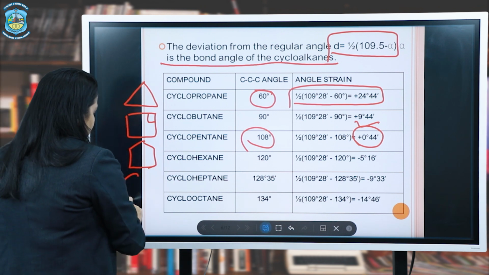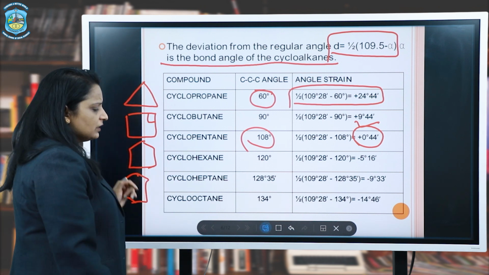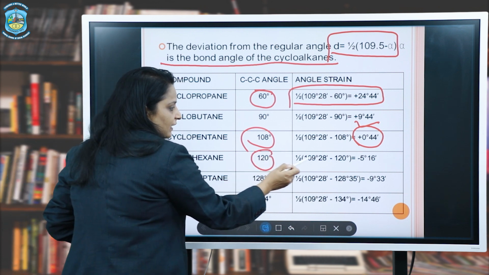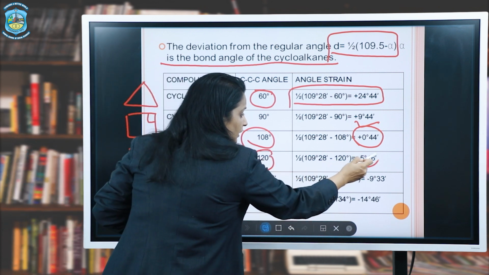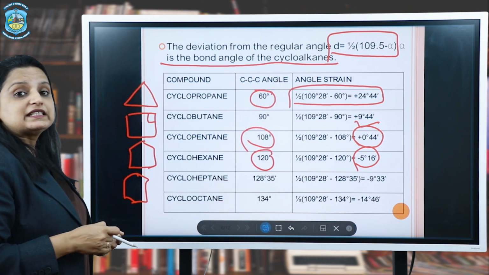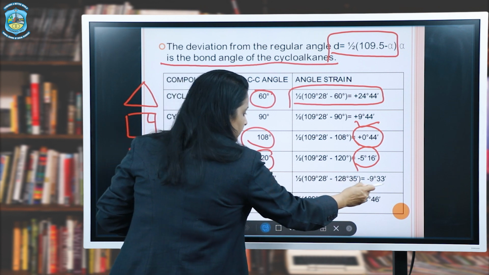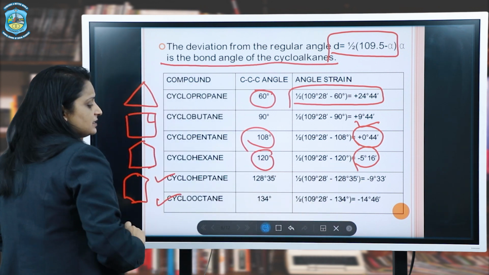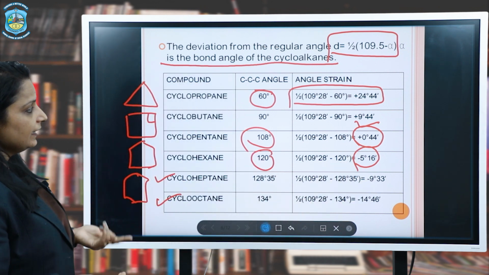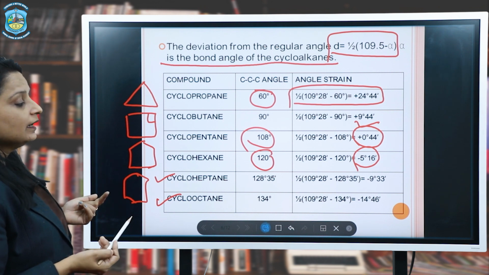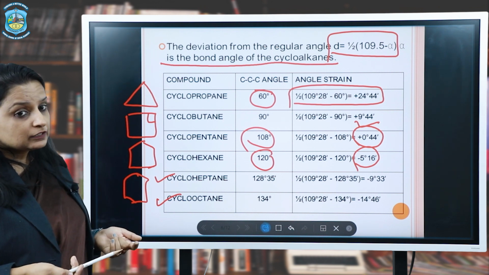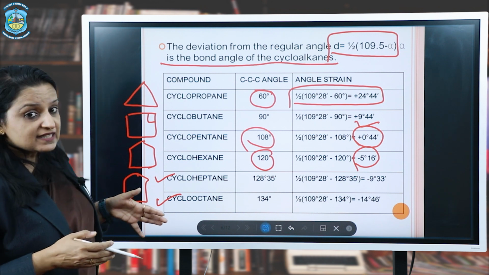Further, the cyclohexane, I am drawing the structure, the angle is 120 and it is a negative value, 5 degrees 16 minutes. Similarly, heptane is 9 degrees 33 minutes and octane is 134 degrees and angle strain is 14 degrees and 46 minutes. So in short, what we can say is that